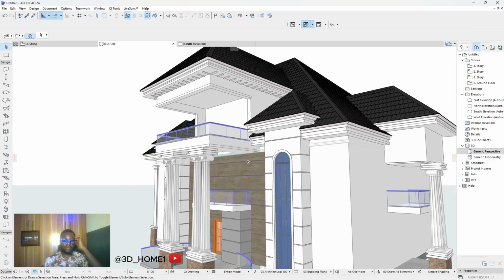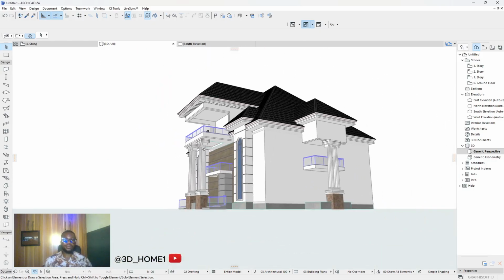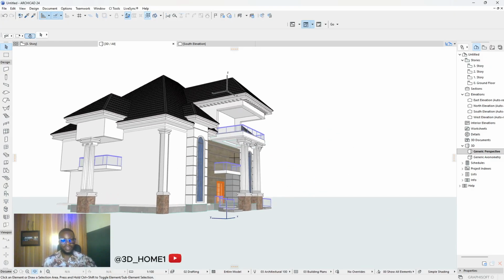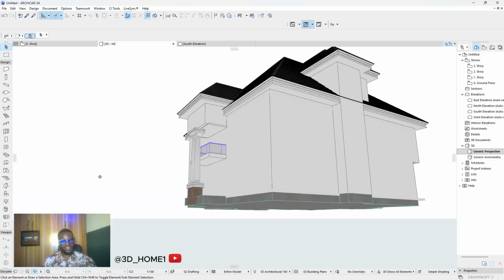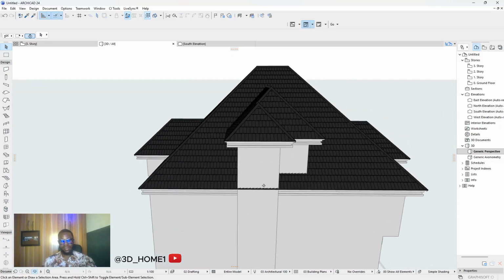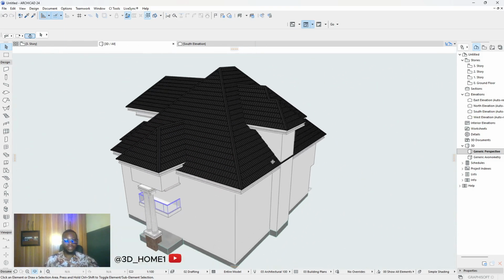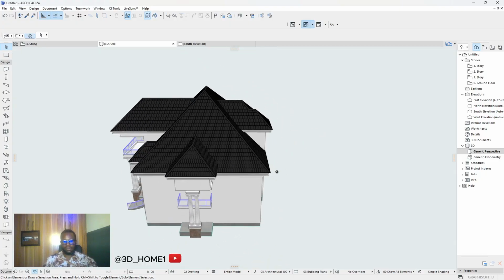Okay, like this. Mind you, we only have 2 windows on this entire building yet. This back definitely needs work here too. We'll get to this point, but for now,